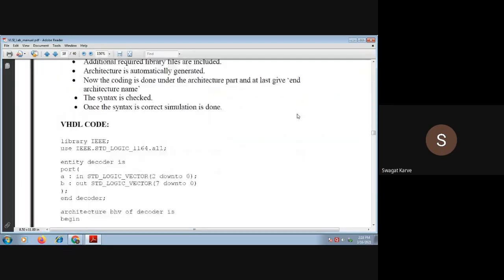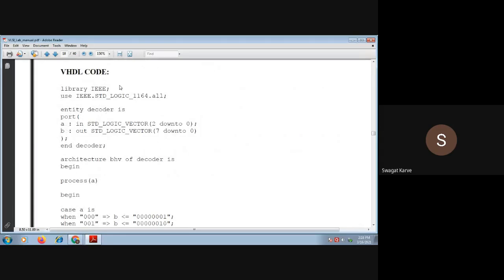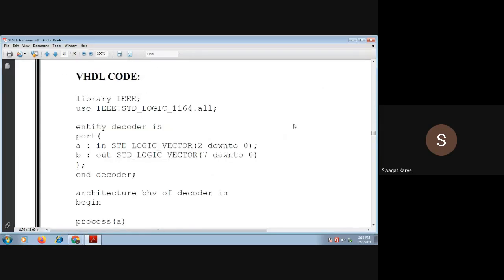Now this is the VHDL code for the same. As we know, after discussing 2-3 different VHDL modules of combinational logic, you must be able to understand that VHDL consists of 3 mandatory parts: library, entity, and architecture. Even by looking at the code, you must be able to easily identify where the library declaration, the entity declaration, and the architecture declaration are.